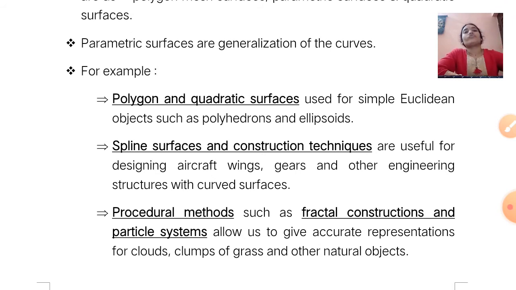The first is polygon and quadratic surface. It is used for simple Euclidean objects such as polyhedrons and ellipsoids. Second is spline surface and construction technique. It is useful for designing aircraft wings, gears and other engineering structures with curved surfaces.